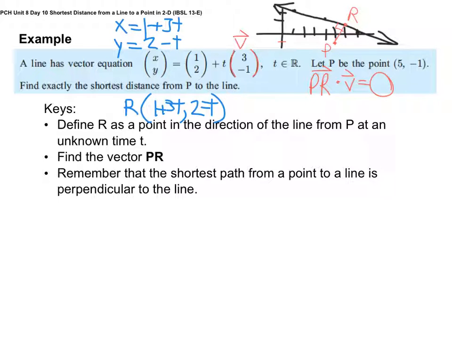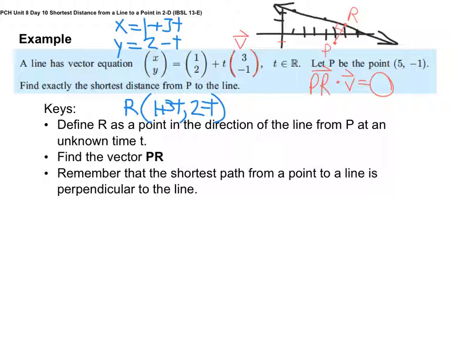Alright, so now here's the deal. We know what vector v is. Remember, our goal is to get a PR so that when we dot it with v, we get 0. We know what vector v is. We don't know what vector PR is. But we do know what point P is, and now we know what point R is, so we can find